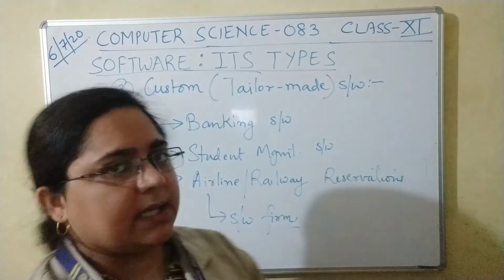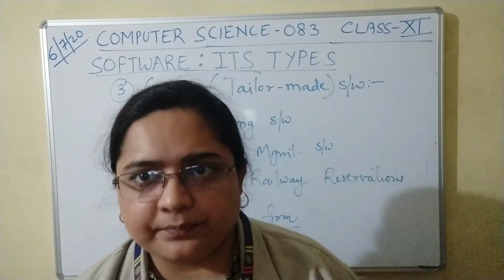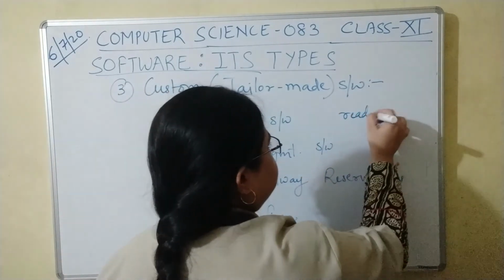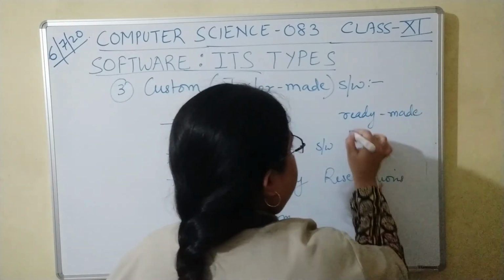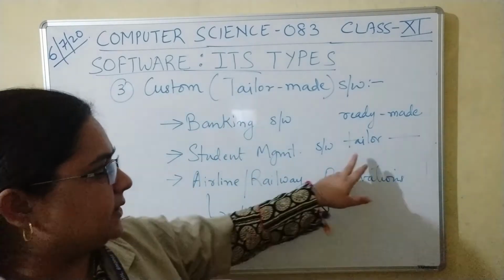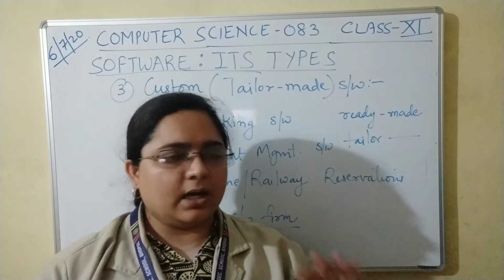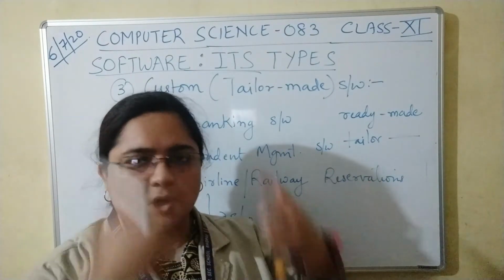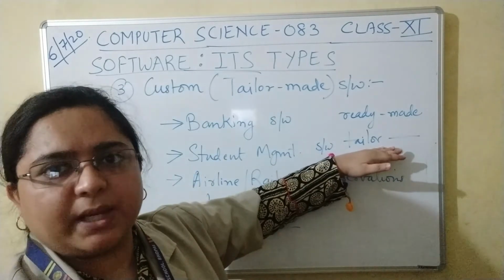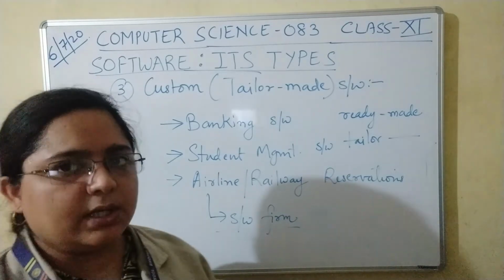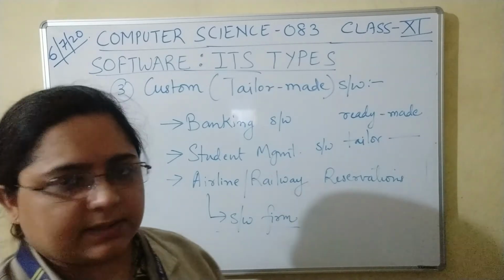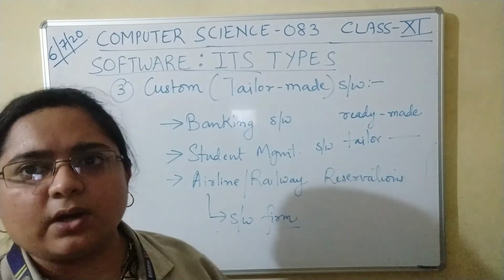Why tailor made? See, when you purchase a dress, you go to the market, there are two options. Either you buy a ready-made dress or you get it tailor stitched. For the second option, you just purchase the dress material, you get yourself measured for your different vital stats, and you place an order with the tailor so that the tailor could stitch a dress according to your vital stats, that is your measurements, right? And the other one is ready-made, that is, it is already available in the market.